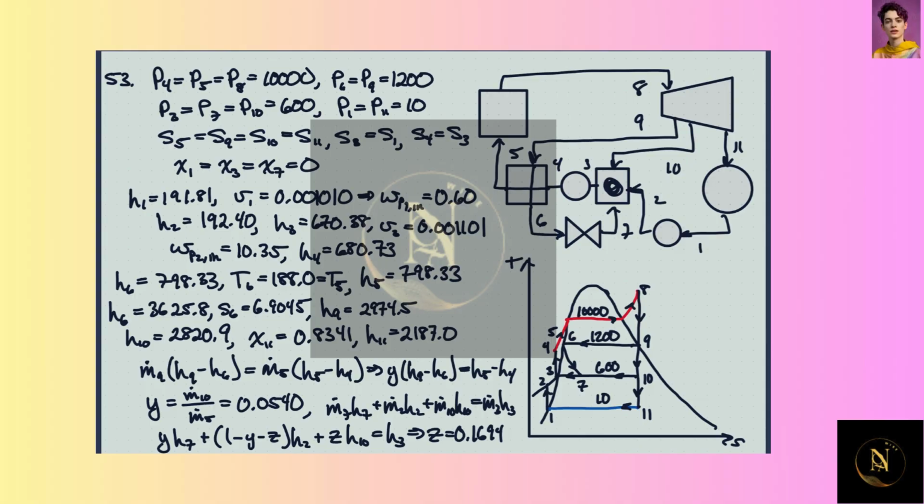In this problem, we have a fairly complicated steam plant here, a power plant. Turbine, boiler, condenser as normal. A pump here, and this is an open feed water heater. So we need to pump up the pressure from out of the condenser so that it is the same as